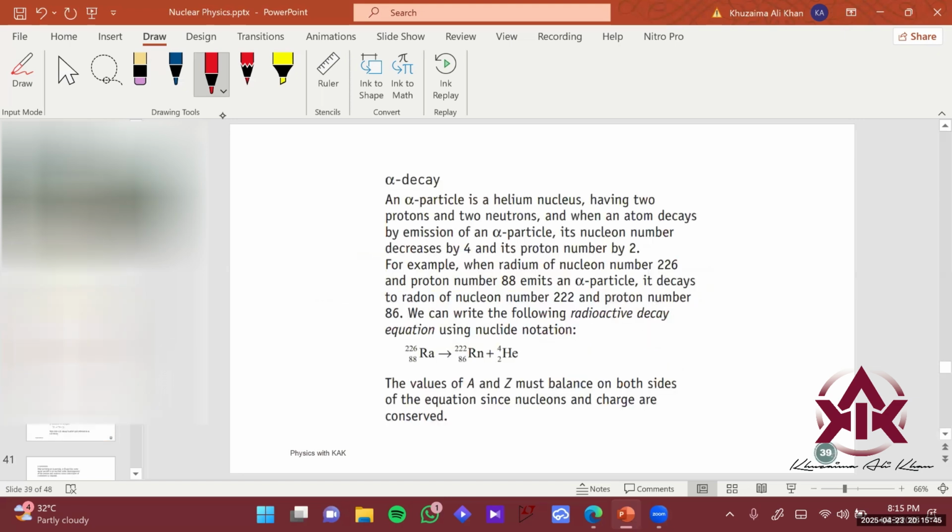So how does alpha decay work? Okay, alpha decay is just the production of a helium particle, right? So you can see this particular reaction here. So we have radon-226, 88. It produces basically what? An alpha particle is a helium nucleus having two protons and two neutrons. When an atom decays by emission of an alpha particle, its nucleon number decreases by 4 and its proton number decreases by 2. Right? When radium